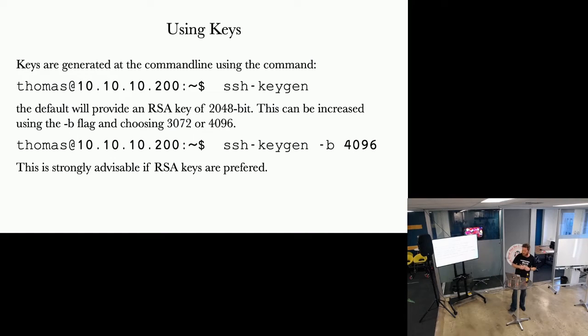So RSA is still used everywhere, but as we've seen, it's not a good idea. But if you have to, use bigger numbers as the default. Pretty much, if you're not using at least 3076 size keys, you're vulnerable to someone breaking that key just through brute force, basically. The default key, I'm pretty sure, is 2048 bit keys, I think it is. But generally speaking, if you have to use RSA keys, you want to use a key size at least 4096 bits. And you can stipulate there by saying -b, which is the bit size, when you use the key generator.